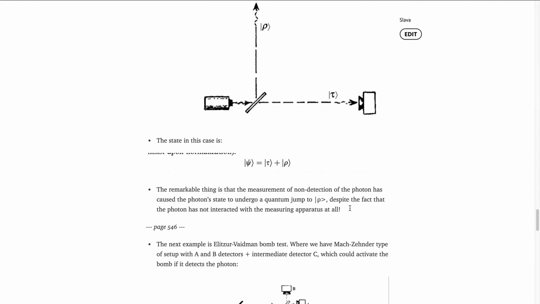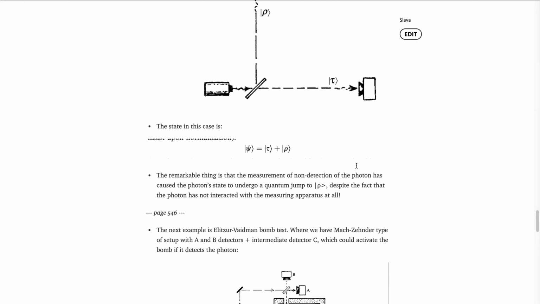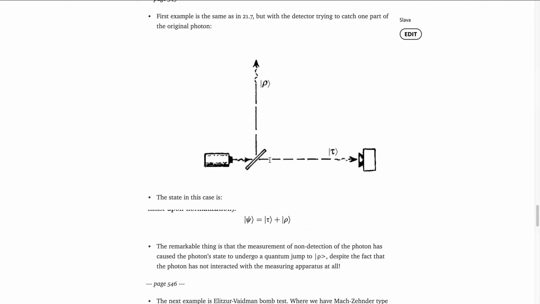And of course, we need to assume in that case that our source and our detector are perfect ones, so we are 100% sure that the photon was emitted and that it wasn't caught at the detector. So as far as I understand, it's an idealistic situation, but it's allowable in terms of a thought experiment. Yeah, so basically non-detection guarantees the collapse of the wave function to the rho